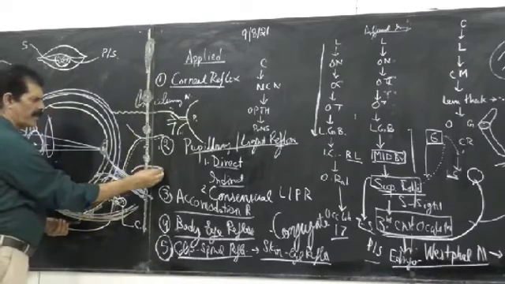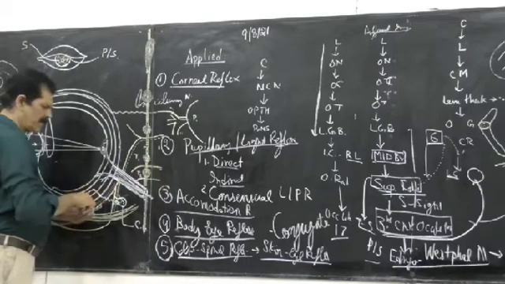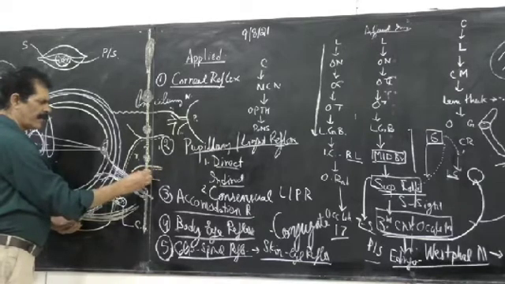So fibers coming from the T1 and T2 upper sympathetic ganglion, the preganglionic fibers, they relay into them,